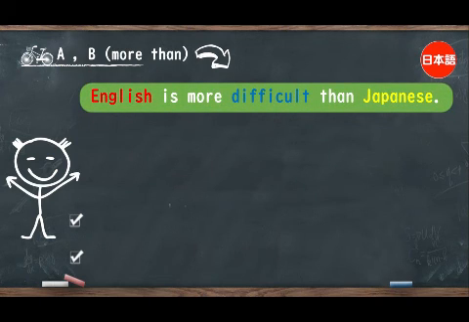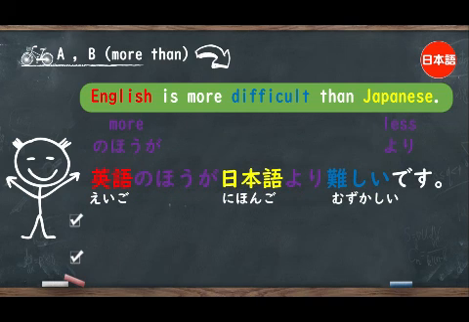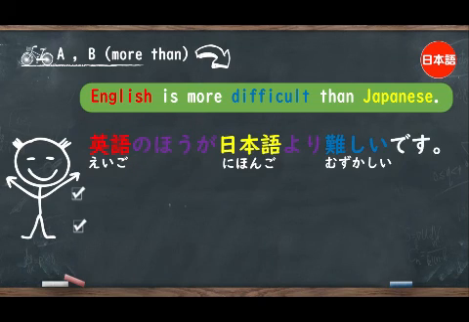Okay, now I'm giving you the items, which are English and also Japanese. And the adjective will be the same, which is difficult. Now, English is more difficult than Japanese. So the English one is the more difficult one, right? So we're going to mark it with more and Japanese with less. And more is no hou ga. Less is yori. Okay, so the full complete sentence will be 英語の方が日本語より難しいです。